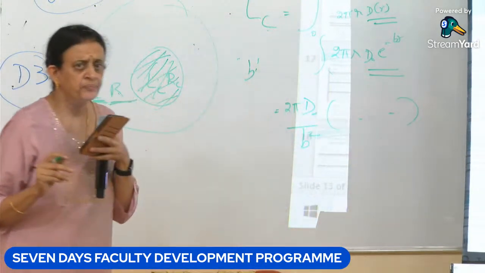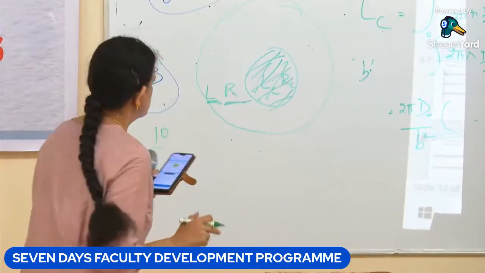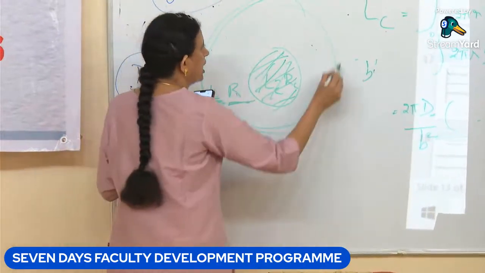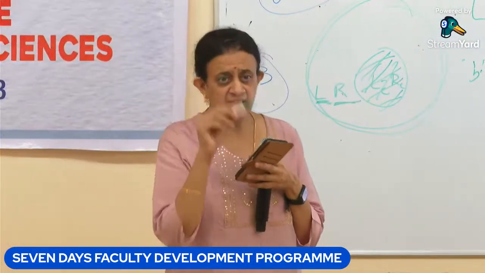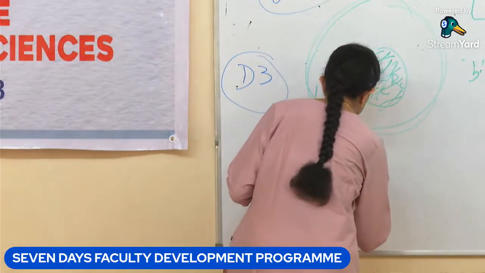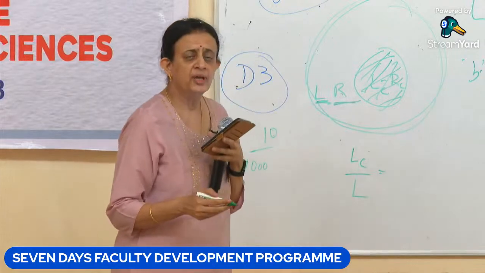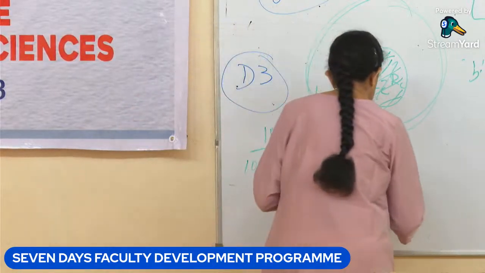There is an expression for this. So you do the same thing for R also. So you have done this for the central city now, and you do the same thing for R also. Taking the population of the metropolitan area and the radius of the metropolitan area, you take the ratio of LC to L, and this equation comes. So that is nothing but